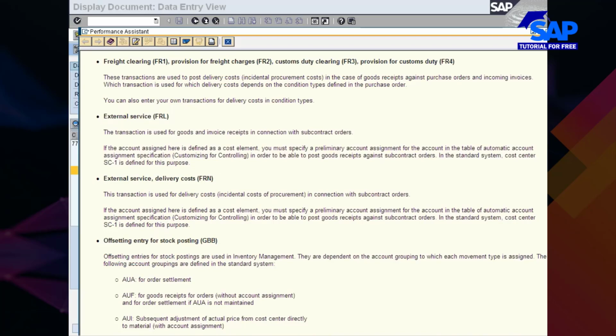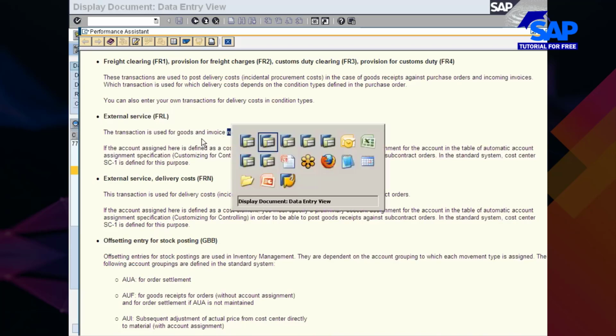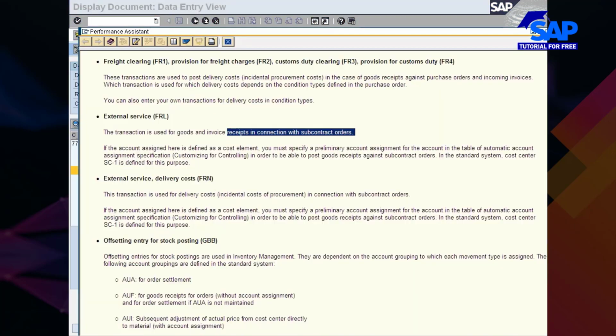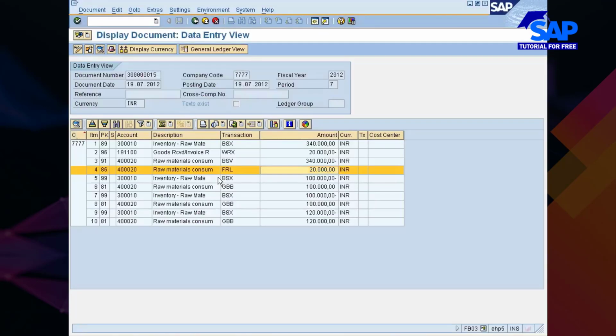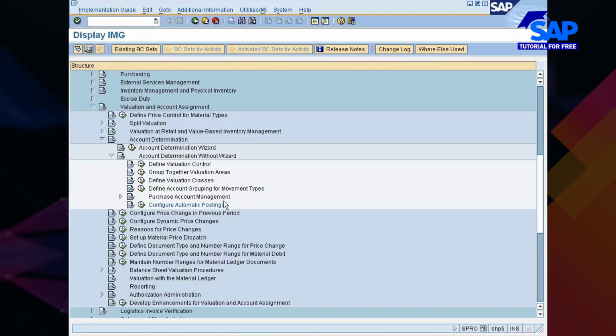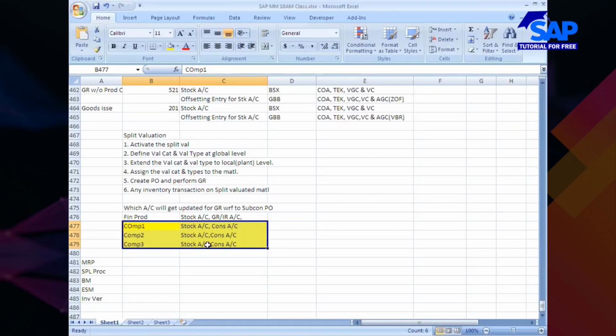The transaction is used for goods and invoice receipts in connection with reference to the subcontracting orders. Okay, ఒకవేళ మీకు ఈ subcontracting process లో have never used delivery, FR A1, B1, C1 గుర్తుందా మీకు? కండిషన్ టైప్స్ వాడాం కదా. If you have used those conditions in purchase order, then you would have seen this delivery cost also. FRN అనేది కూడా వస్తుంది ఇక్కడ. Okay, so therefore in principle I would say you will receive, but at the time of receiving the main product